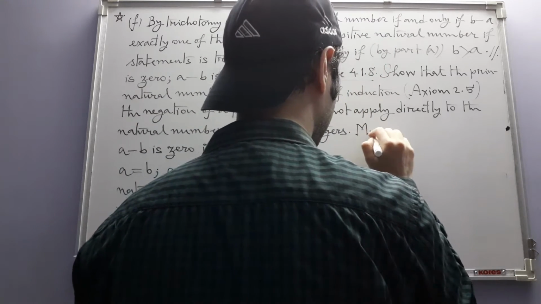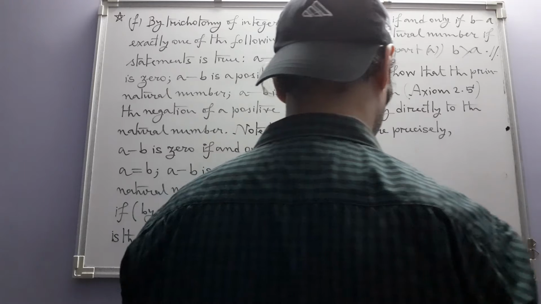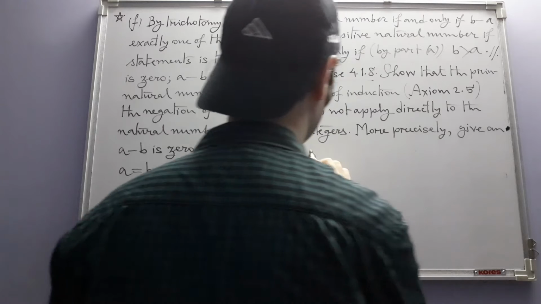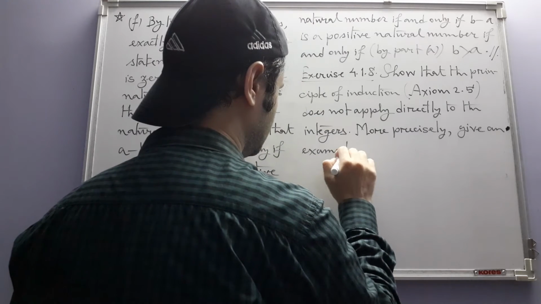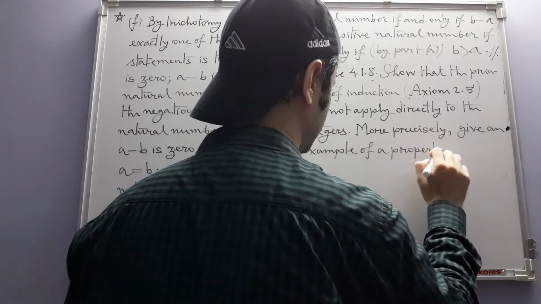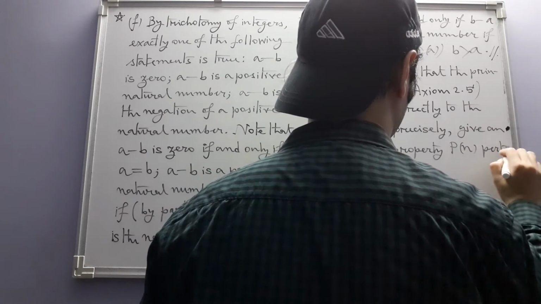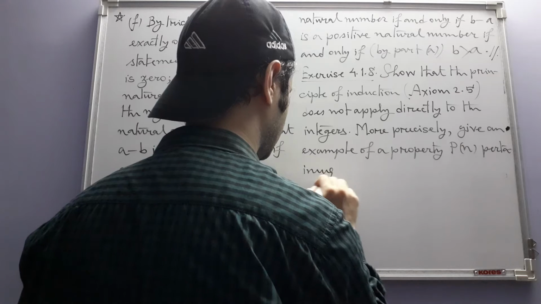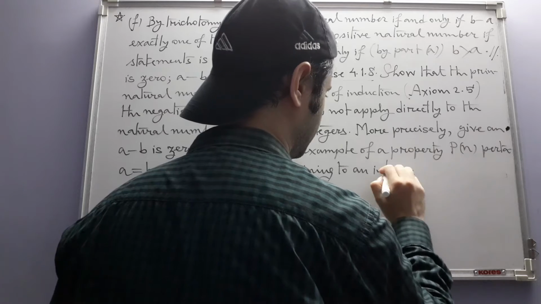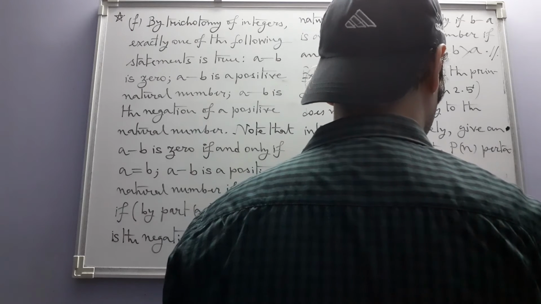More precisely, give an example of a property P of n pertaining to an integer n such that